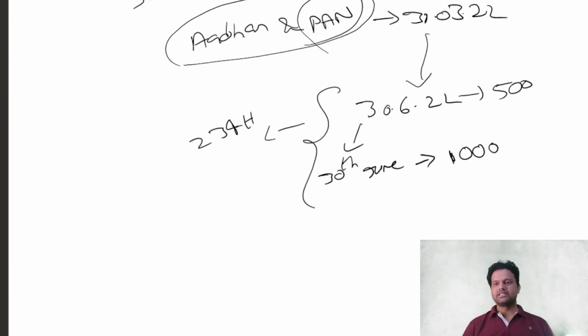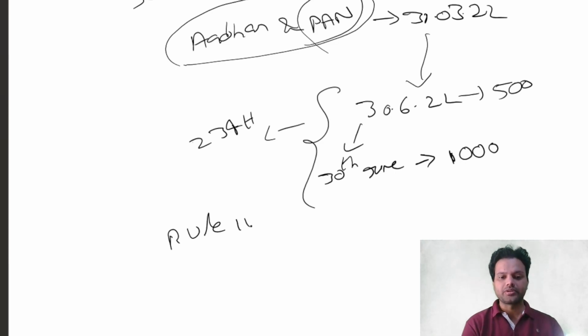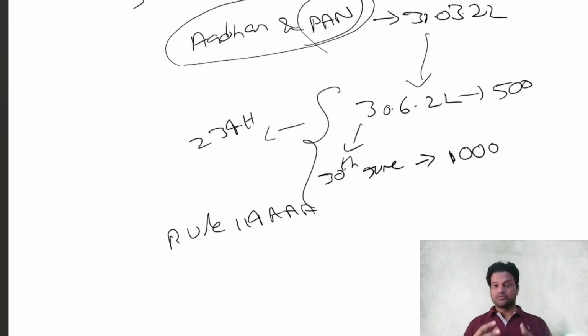So when I say inoperative, there should be additional consequences also. Otherwise, by paying the simple fee, these timelines will get delayed and they won't link the PAN with the Aadhaar. So they have introduced a new rule called Rule 114AAA. This rule contains the procedural aspects of how this inoperative status will become effective, once it is inoperative how it becomes operative, and what the consequences are in addition to paying these additional fees. What are the additional consequences of not linking the PAN with the Aadhaar number that is provided in Rule 114AAA.